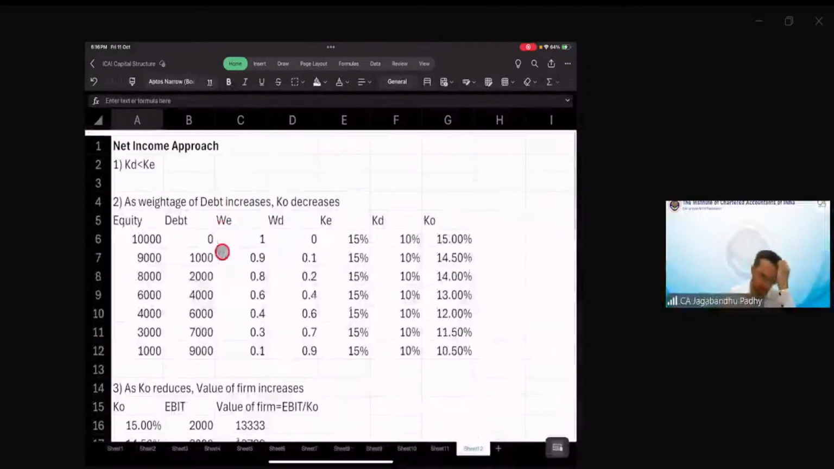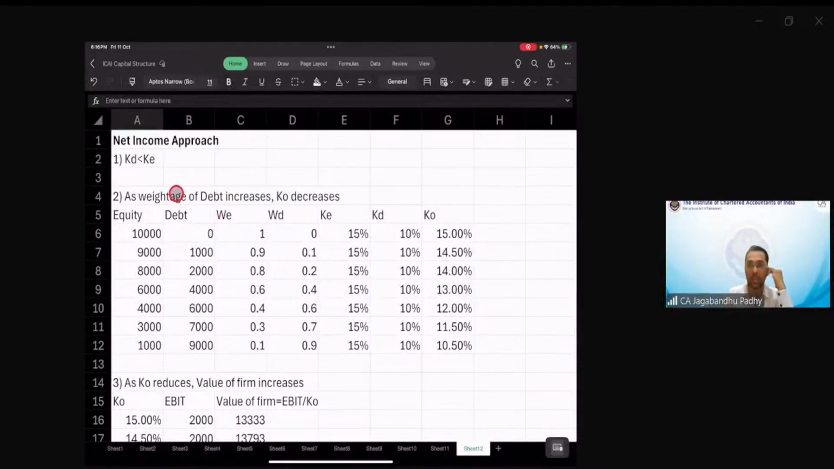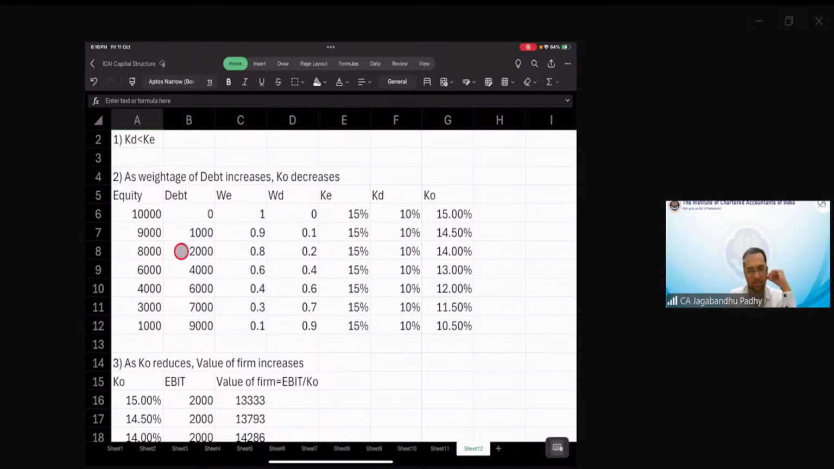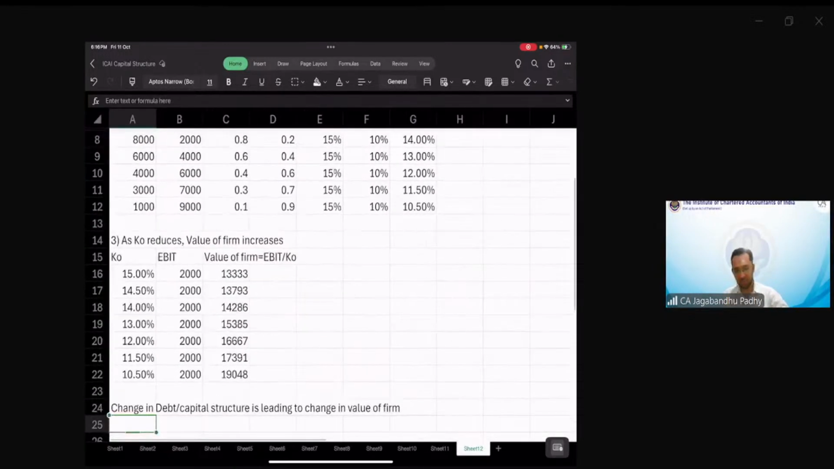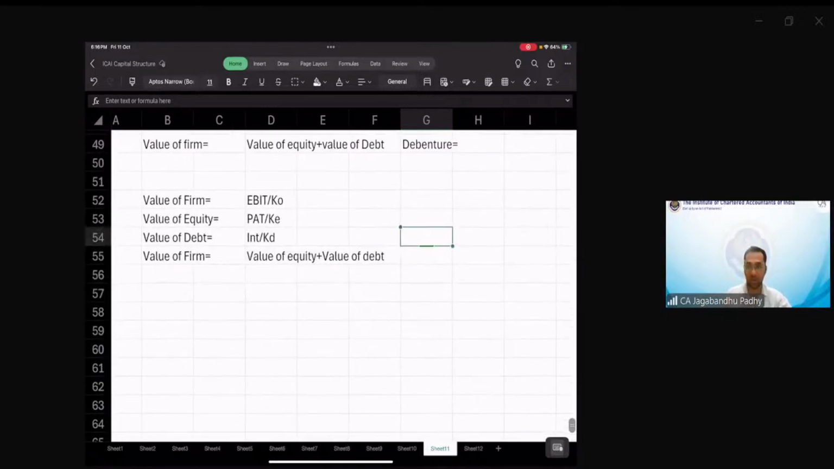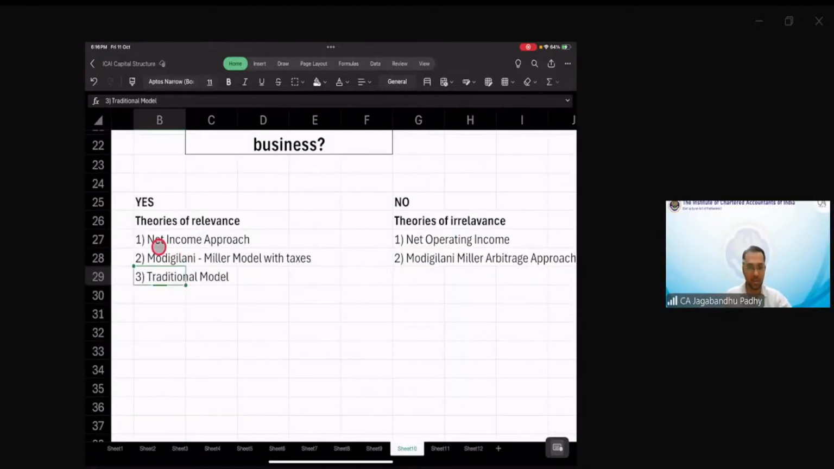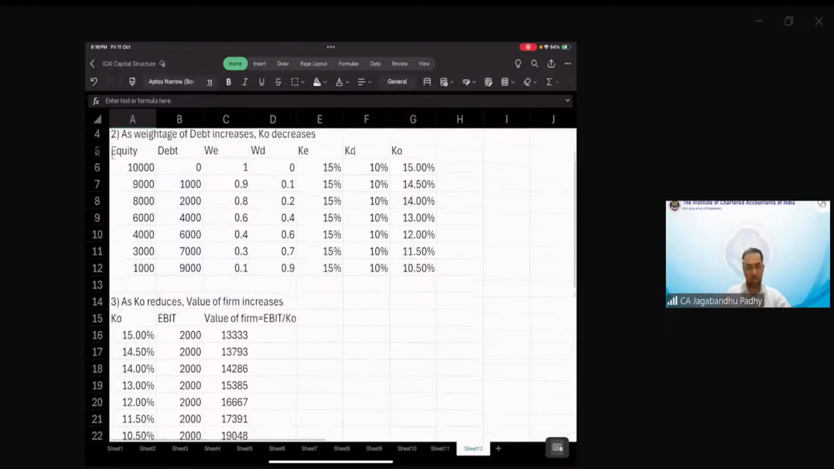Therefore, we say that this net income approach is a theory of relevance, because it states that as the weightage of equity falls and the weightage of debt increases, the value of the firm is going to increase. Okay, so that's the first theory that we had to discuss, which is the net income approach. Now, over here,